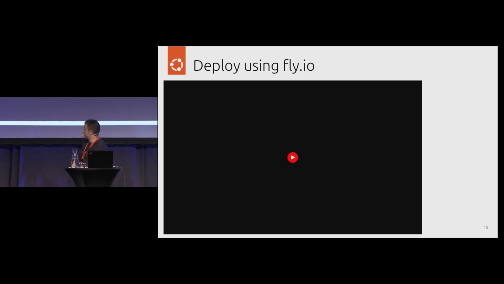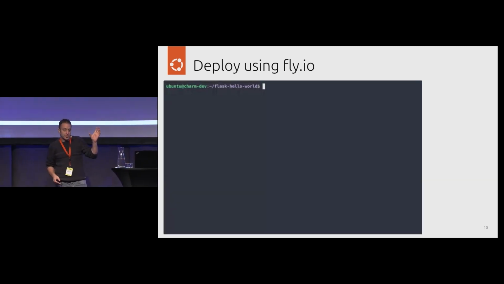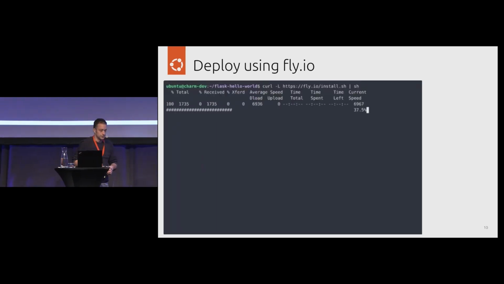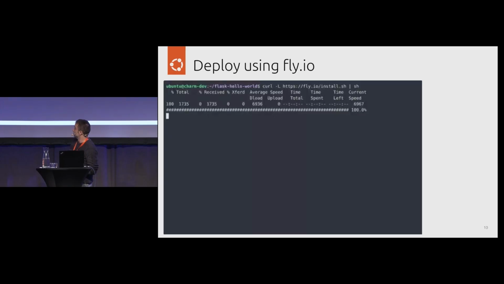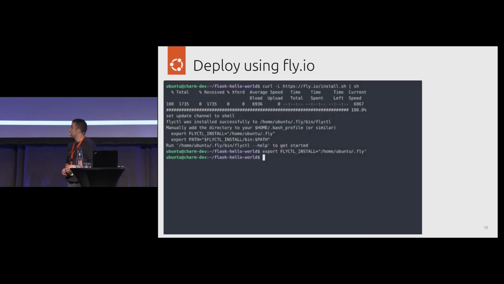So we've first deployed with a Helm chart, and now we are going to go to a platform as a service called Fly.io. It's a very simple one. It's really nice to do simple things, but we first have to install their client. I think their client is open source, but their